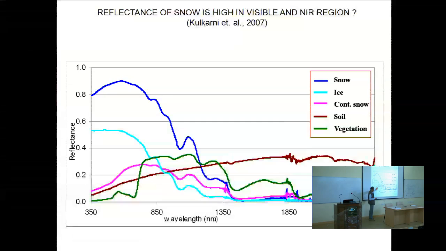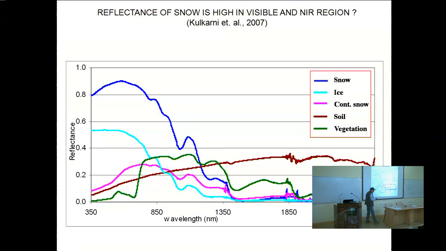Correct? Look into another feature, which is vegetation. This is the vegetation curve. And you can see here, it has a low reflectance in the visible region, and it has low reflectance in the SWIR region also. If you go here, you can also relate. So in both regions, it has low reflectance. So now we have a unique spectral reflectance characteristic where snow has very high reflectance in the visible region and very low reflectance in the SWIR region. And can we use this characteristic to delineate snow by using satellite images? That is where we are moving to now,